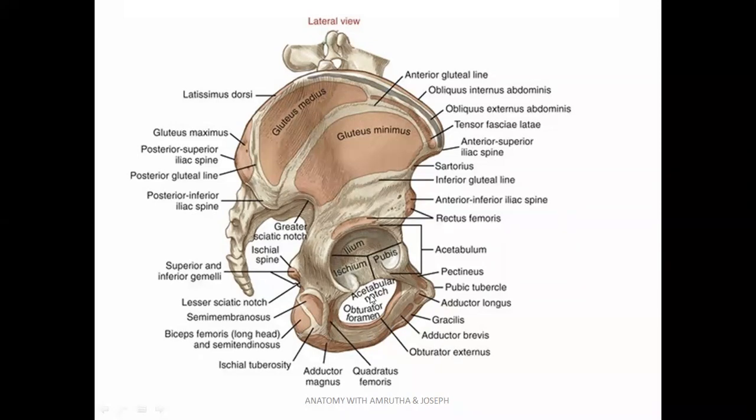This is the obturator foramen. Posteriorly, we can see the posterior superior iliac spine followed by the posterior inferior iliac spine. After a groove, there is a big notch here called the greater sciatic notch, then the ischial spine. After that, there is a notch called the lesser sciatic notch, this area. And this is the ischial tuberosity. The ischial tuberosity has mainly the body and the ramus, and the body has attachments to some muscles, mainly the hamstring muscles.